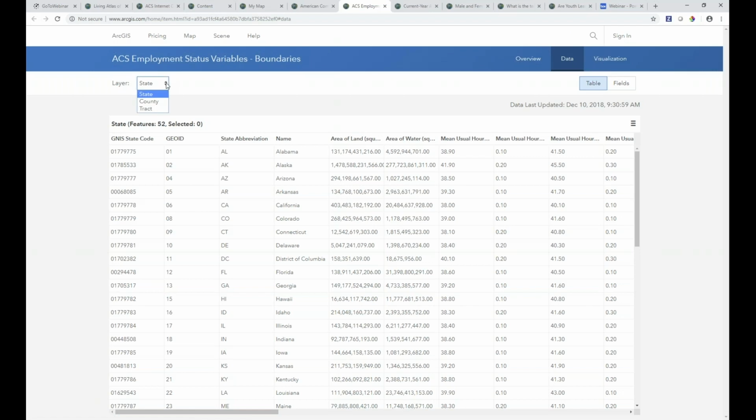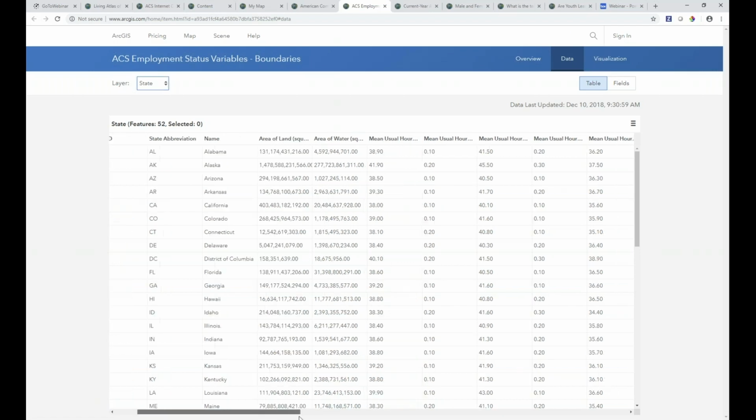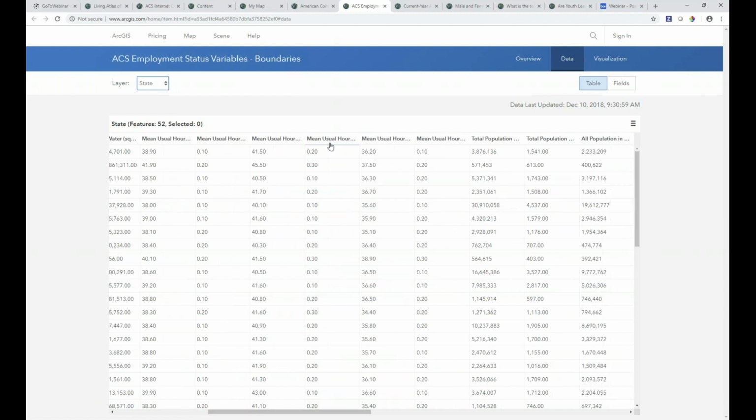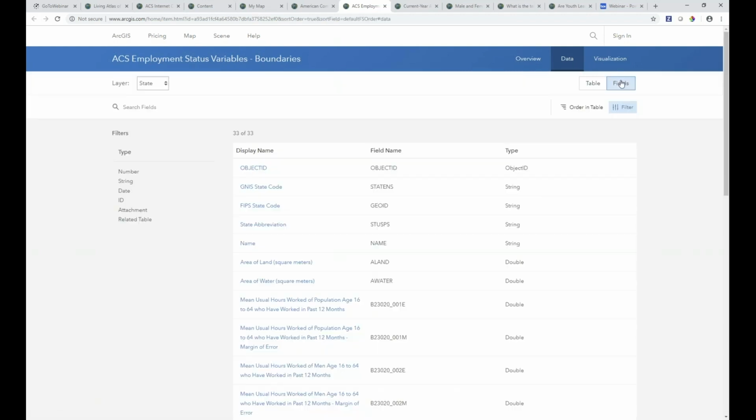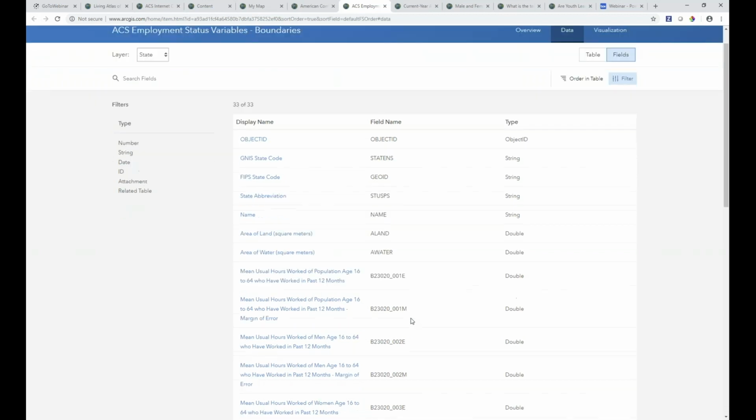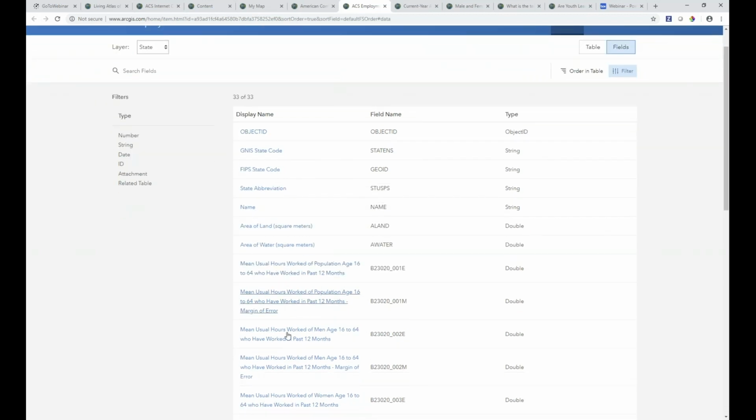This is showing us state, but we can easily see county and tract. This is the table of what this attribute table looks like with these gray alias names here. But say, okay, the alias names are nice, but I want to see exactly what ACS table and line these are coming from. Click on the fields view this time, and you'll see the display name is what we've been talking about